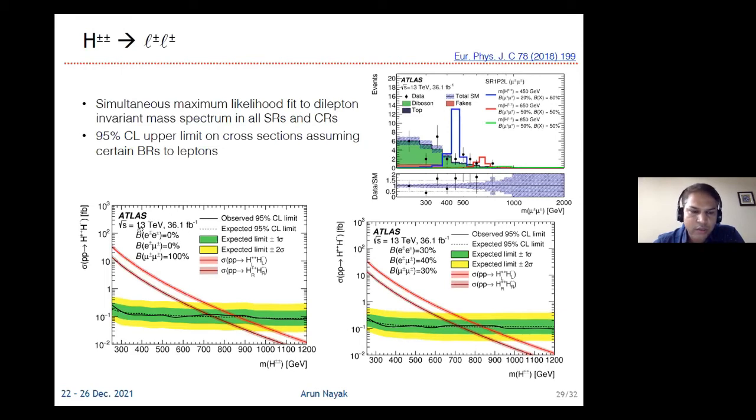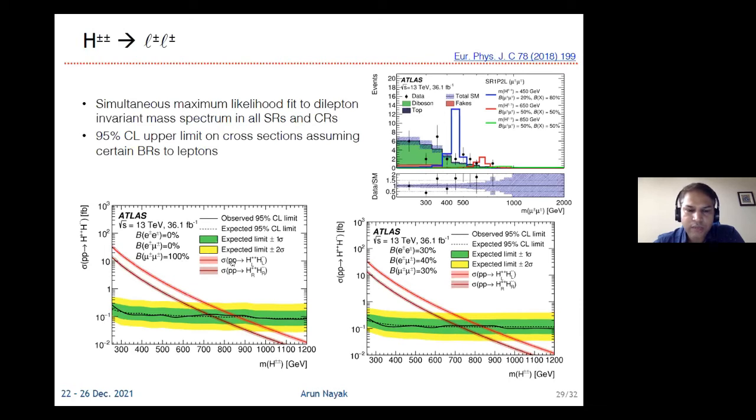One is where the branching ratio is considered 100% to muons, and the other is where different values are assumed for the branching ratio to electrons, muons, and also e-mu. So there are many scenarios that have been considered, and I'm just showing 2 of them. They have considered an individual branching ratio of 100% for each of these, and also some scenarios where you can have different branching ratios to different leptons. And these are the exclusion limits from data, and you have the expected signal cross section from